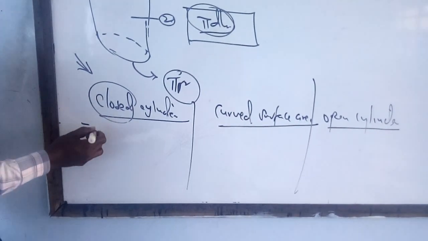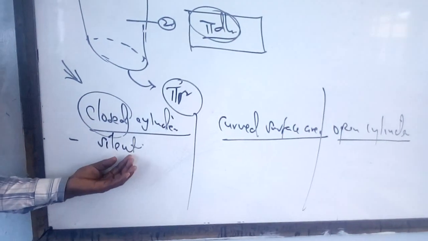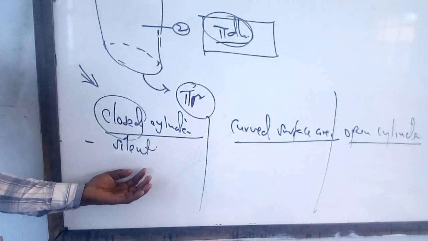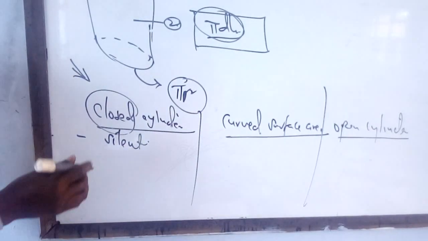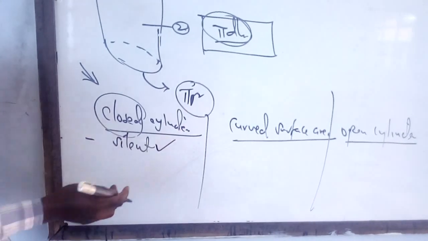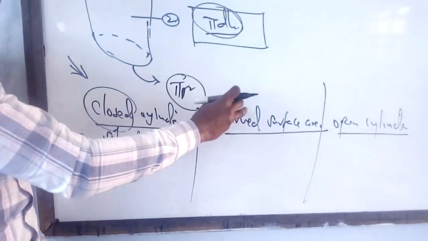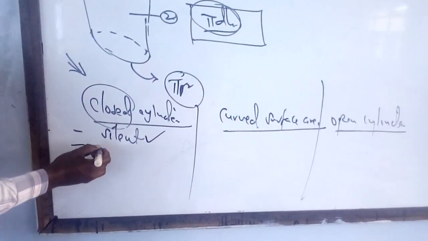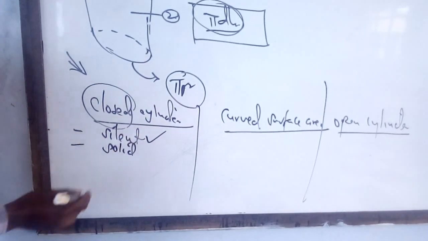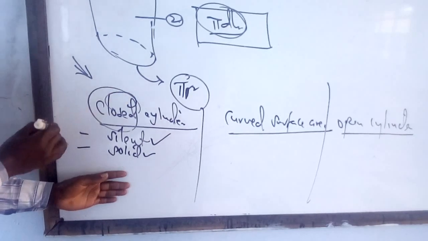The first part is when the examiner is silent. When do we say the examiner is silent? The examiner is silent when it says just calculate the surface area of this object. That examiner is silent. He has not specified whether the cylinder is closed, it is a curved cylinder, or it is an open cylinder. He is just silent. Number two, the examiner says calculate the surface area of the solid below. The solid becomes a closed cylinder.